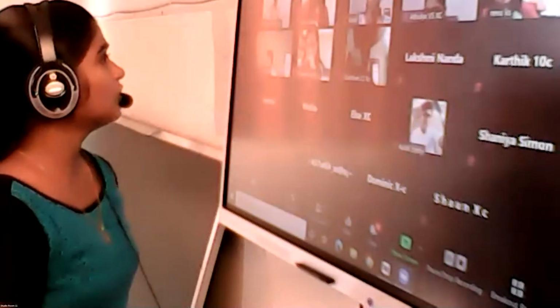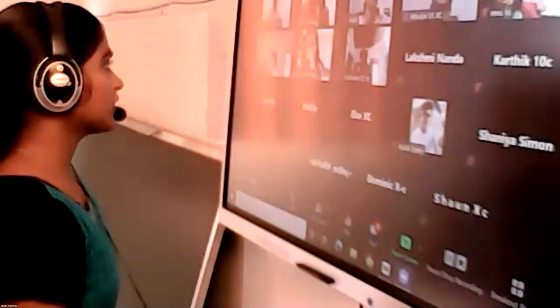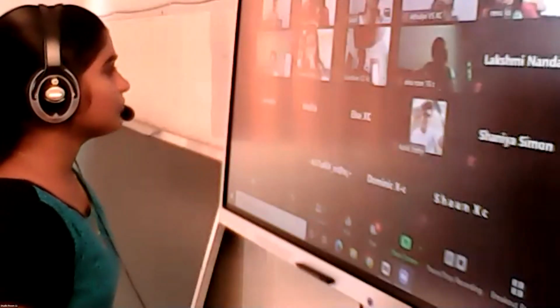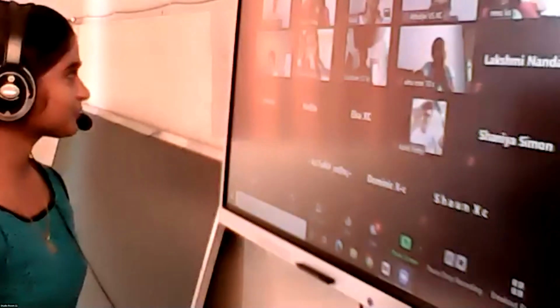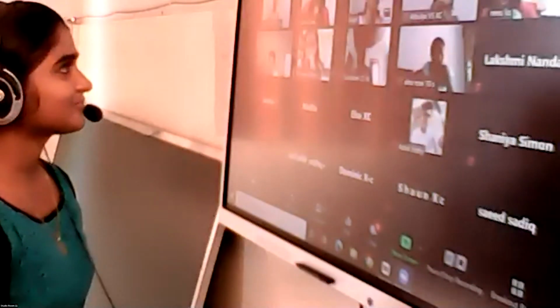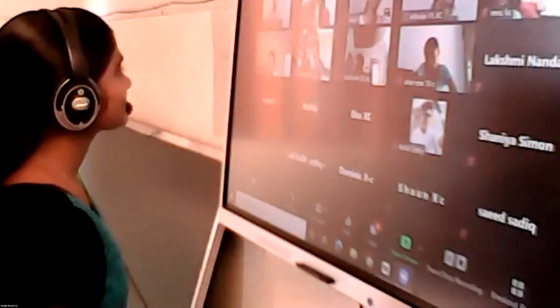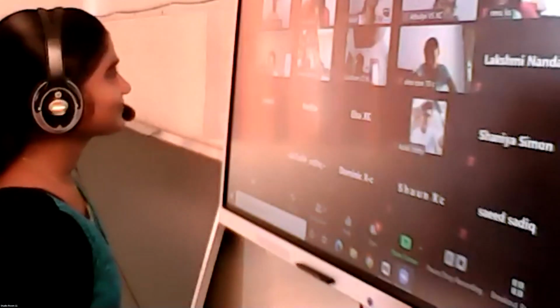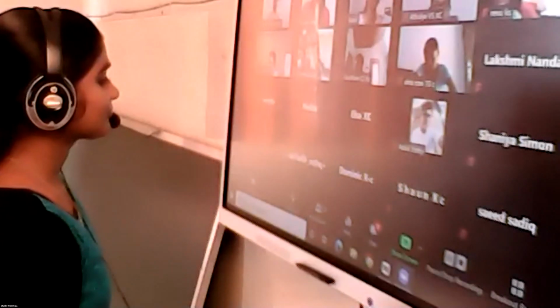Then I told you about the third type of energy that's useful for this decomposition. What is that? Light. Yeah, very good. Light. So we are going to learn the decomposition reaction carried out by using light. Can you guess its name? Using electricity, it is electrical decomposition or electrolysis. So using light, it is? Can you guess its name?